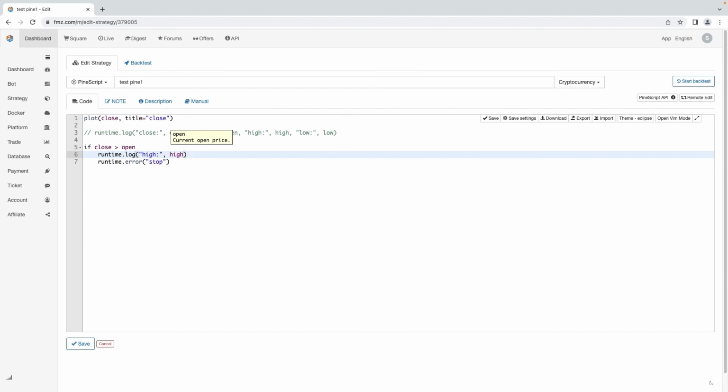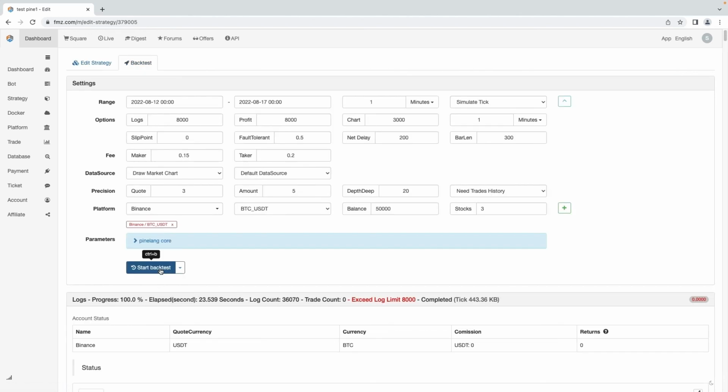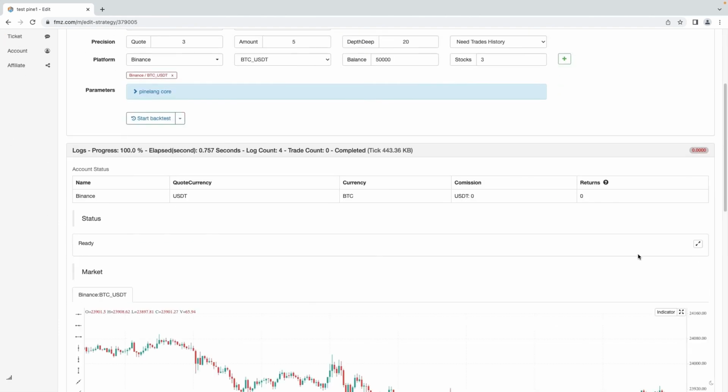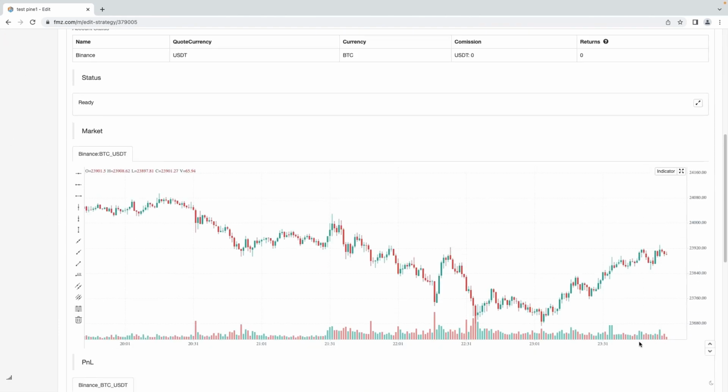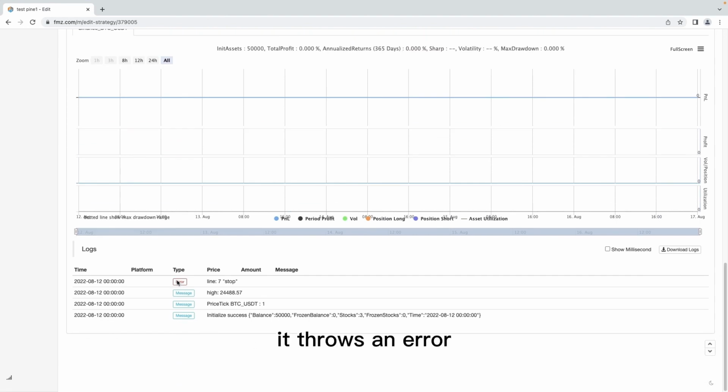Like this. And then click on the backtest button. Wait for a moment. You can see the backtest result here. It throws an error